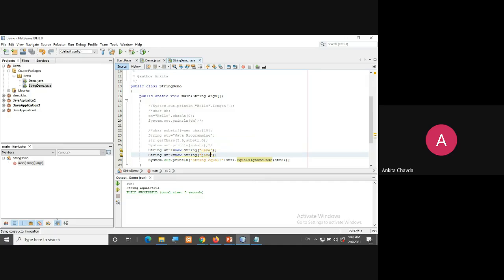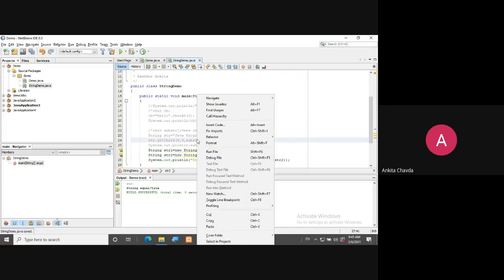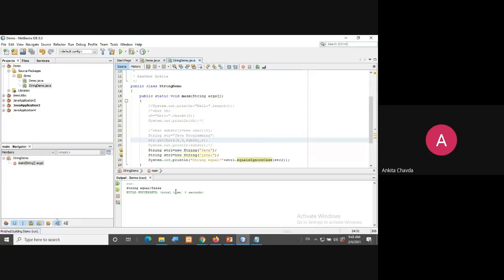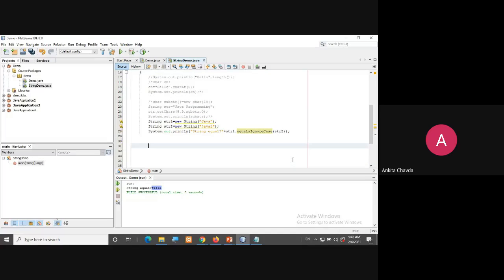But if I change one of the strings, say suppose I've given Java1, and now again I try to run this, they will return me false because both the strings are totally different. Yes or no? Now here again I'm showing you another thing. String str1 is equals to Java.